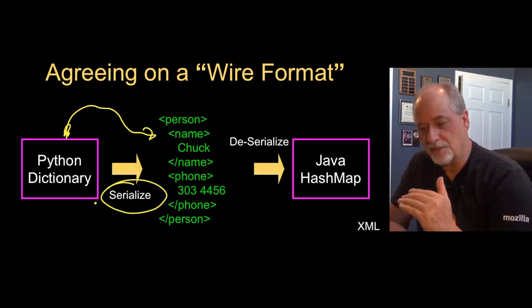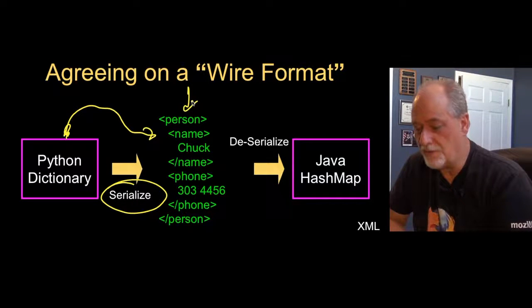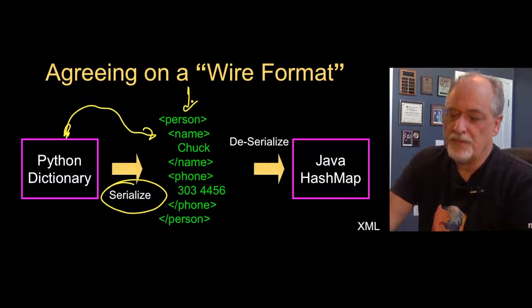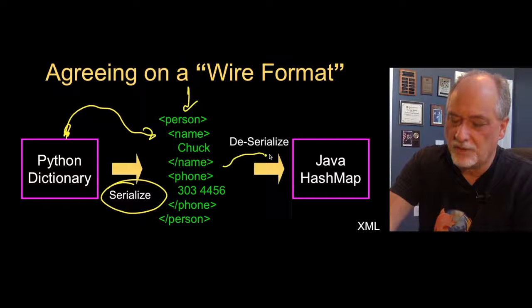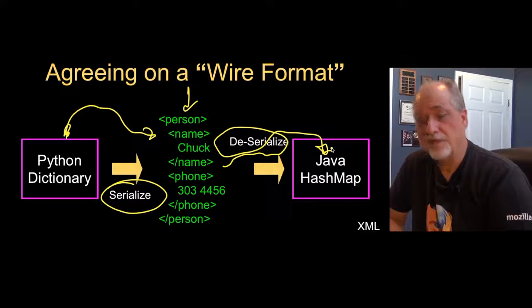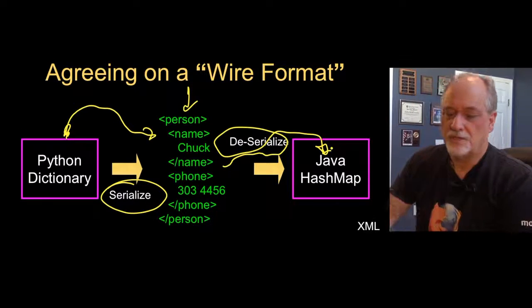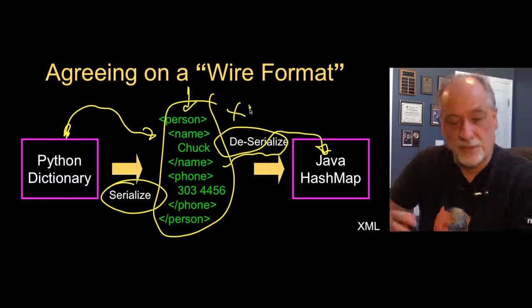the wire representation. And then here is an example of a person with a name and phone number using less thans and greater thans. This is an XML example. And then at the far end, in a different programming language, it receives this and then deserializes it and turns it into some useful structure inside that programming language. And so this is an example of a wire protocol that's using XML, and that's one of the formats we're